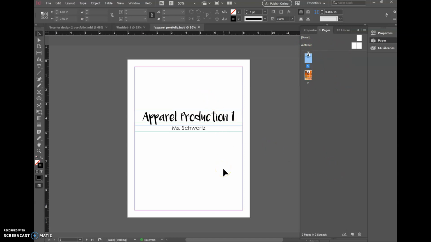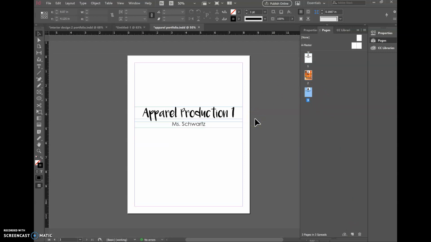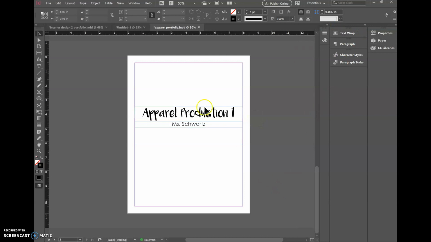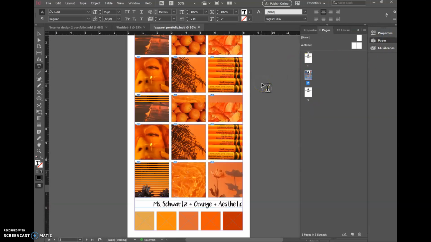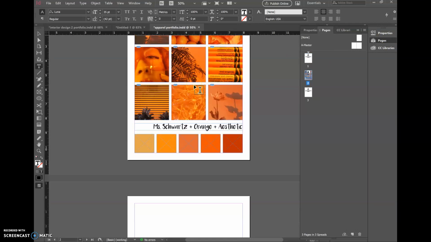According to our rubric, the title is Apparel Identification and then your name. So this is essentially what this will look like, just different wording. So I'm going to actually copy this page. So if I click on one and drag it all the way down to the sticky note, it creates a second page. So if I scroll down within the document, here I'm on my third page now, and I'm actually just going to change this from apparel production to apparel identification. Okay, so if I go back to my pages, or if I scroll up, there's page 1, page 2, and